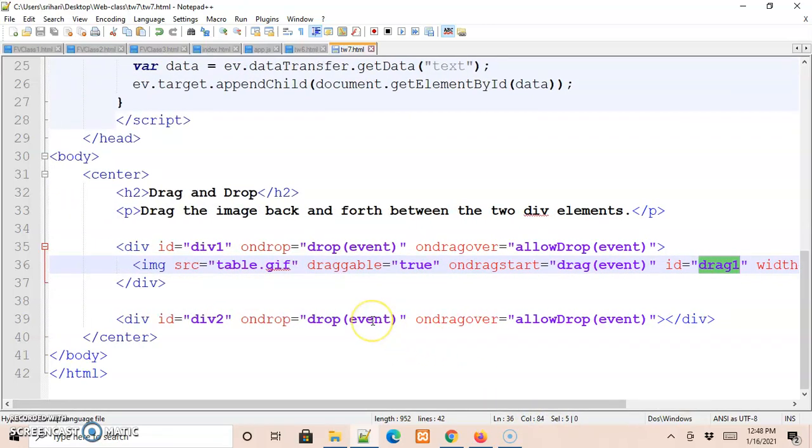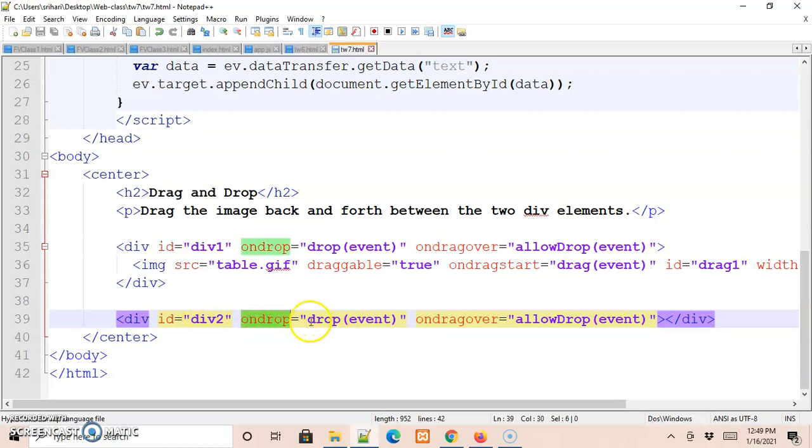Now, after this, we have one more division with an ID called div2, and on drop, we again call the same drop event function, and we also have one more attribute called onDragOver. We call the allowDrop event function.